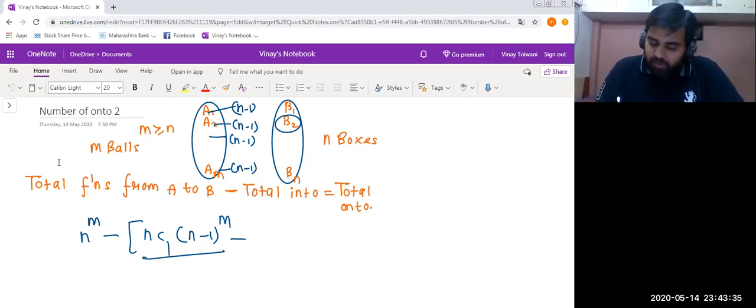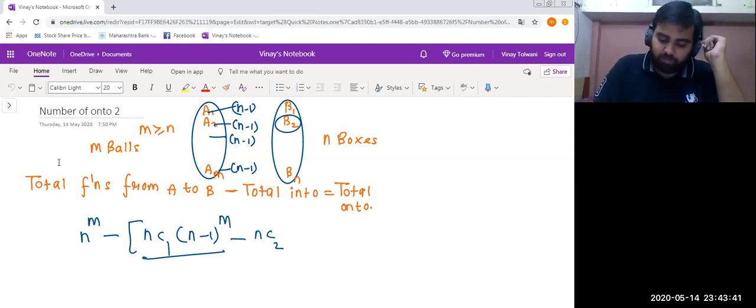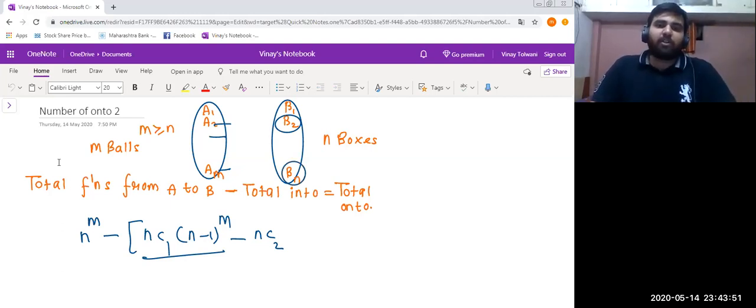In how many ways can we select them? NC2. Let us consider that B2 and Bn are those two boxes which are empty over here. How many options does A1 have right now?